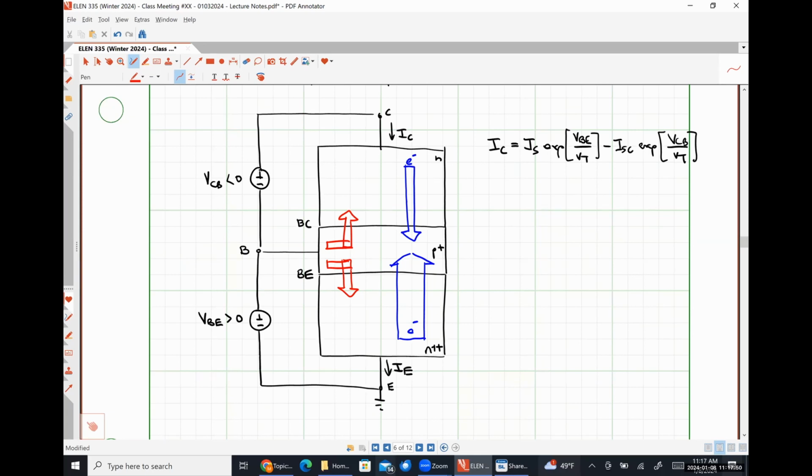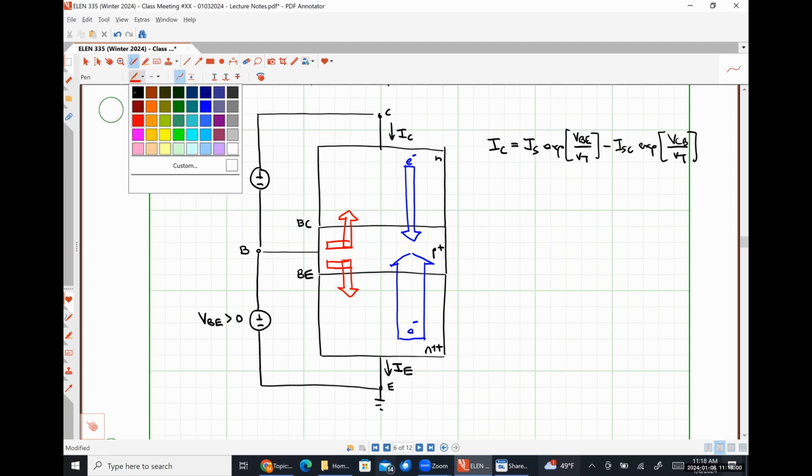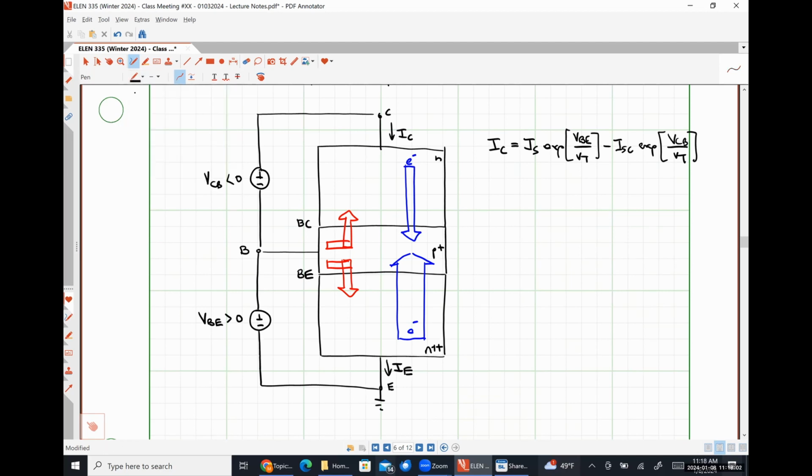And since we're seeing more holes in this region doing things, we effectively have to supply more holes by our base terminal, which means our base current needs to have increased. So our base current, IB, will be IS over beta times the exponential of VBE over VT, which is nothing more than 1 over beta times our collector current,